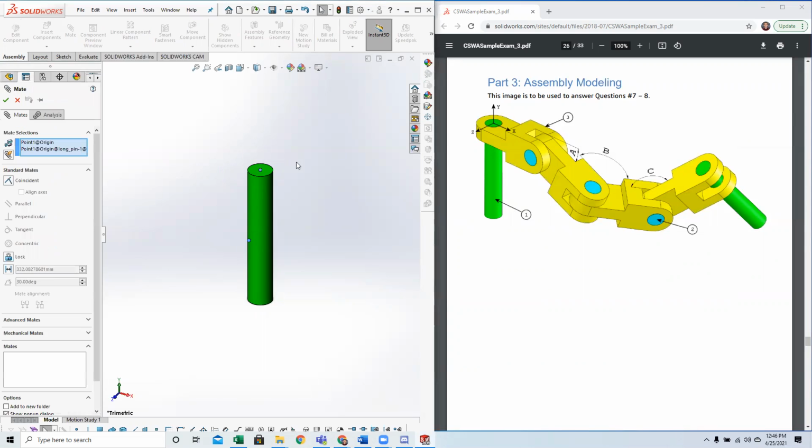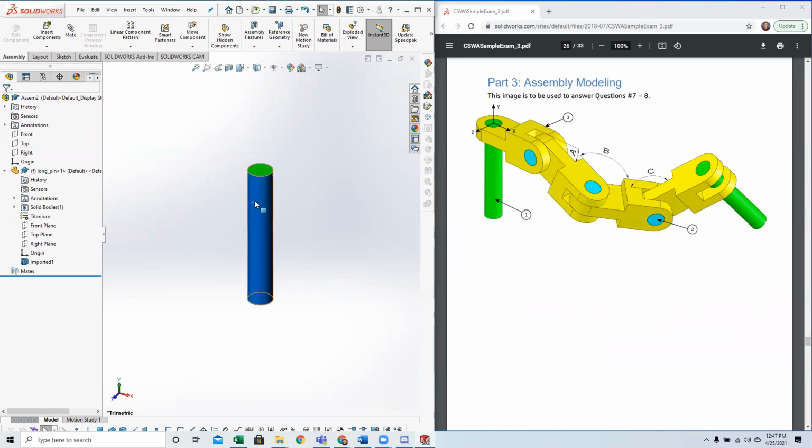And there are many different types of mates. The one we're probably going to want to use here is a coincident mate. And we also want to align the axes. That'll put these 2 points right next to each other. Usually when you do this, the parts will automatically align each other. So I notice they're not moving, which means this part might be fixed. And it does,